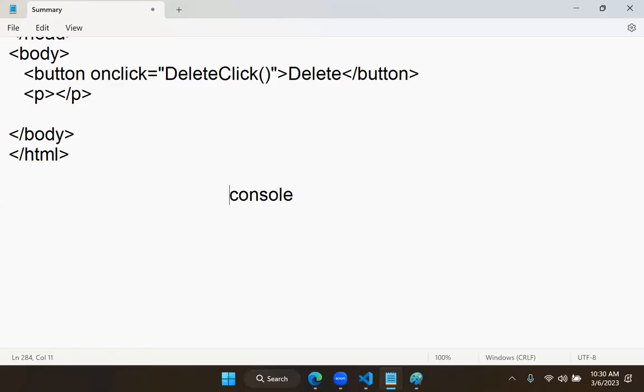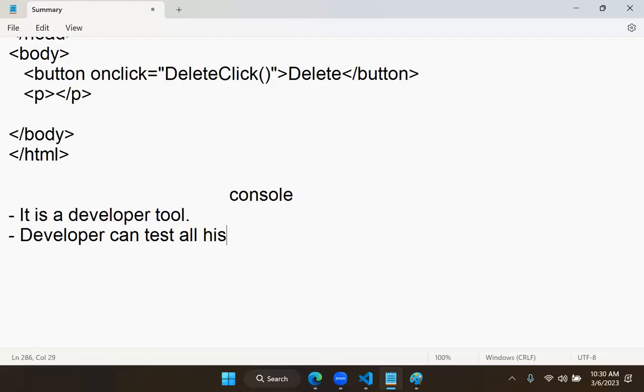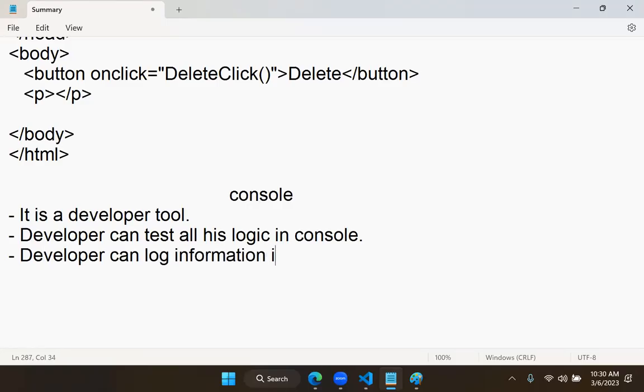Console is nothing but a developer tool. Console is a developer tool. What you can do is, a developer can test all his logic in the console. And a developer can log information in the console